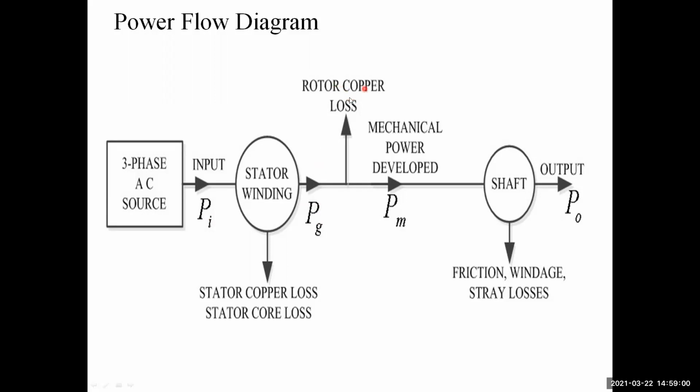And then the rotor copper loss. The rotor has winding, so some loss takes place in the rotor. That is called I square R loss. That loss is called rotor copper loss. After that, we get mechanical power, which is rotor input minus rotor copper loss, nothing but mechanical power developed. That is called PM. And this mechanical power developed minus friction and windage losses is called output power. That is called shaft power across the shaft. So this is called the power flow diagram of the three phase induction motor. Is it clear? Understood? Okay, I will provide this PPT.